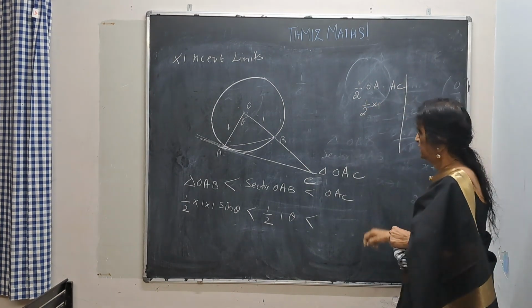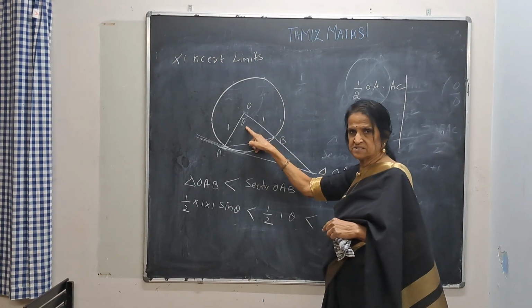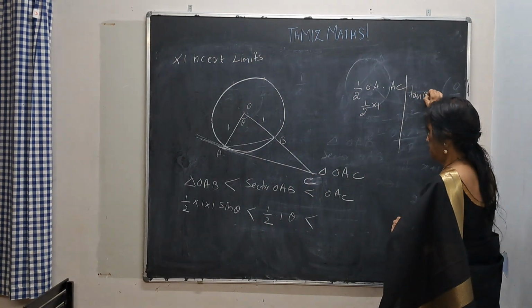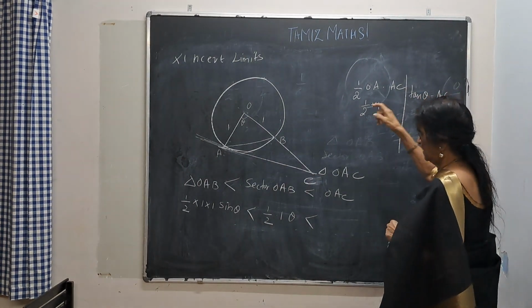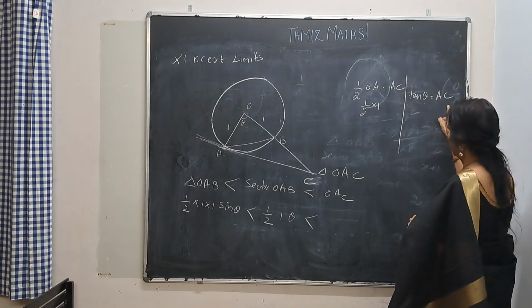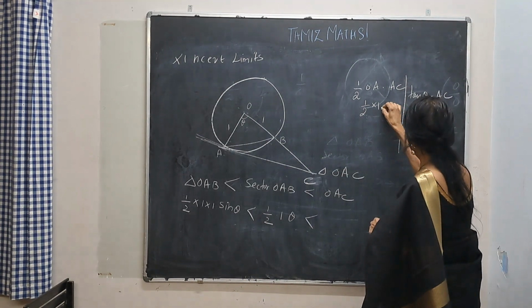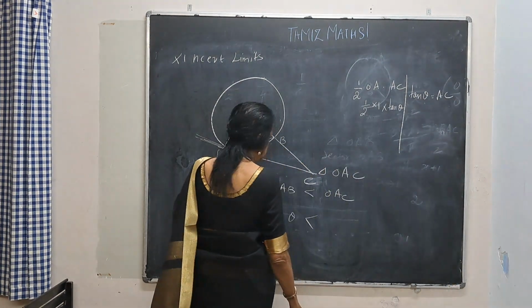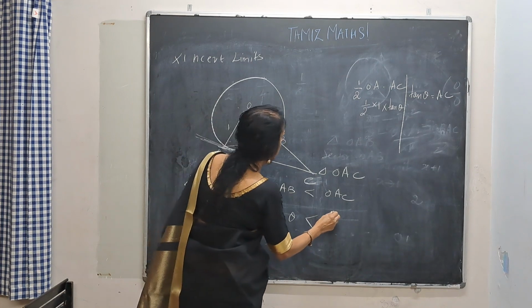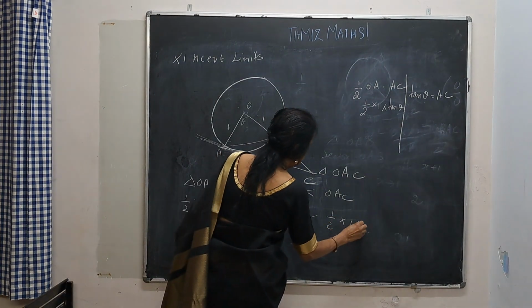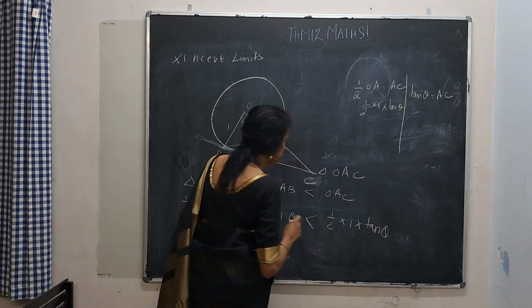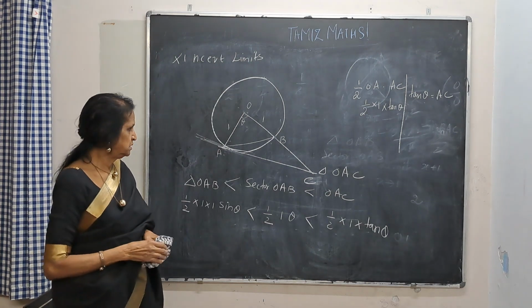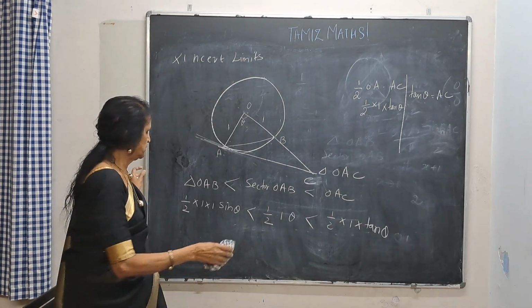Now, this is theta. What is tan theta? Opposite, that is AC, by adjacent, adjacent is 1. So tan theta is AC. So this is half into 1, AC is tan theta. So triangle OAC is half into 1 into tan theta. This is the format. I got it. I don't need the figure anymore, so I need the board.